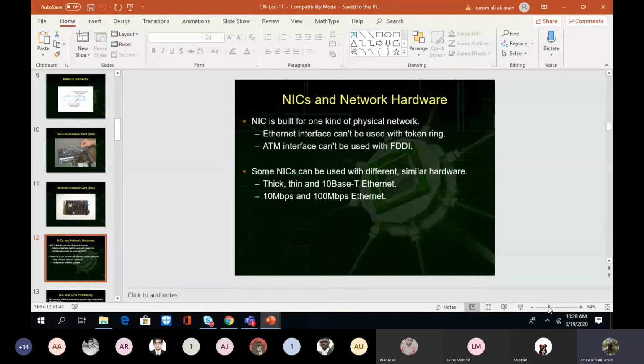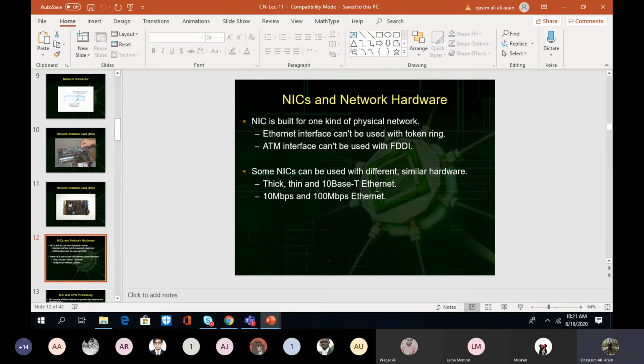So some NICs can be used with different similar hardware। Now see, we might have few NICs which might be used for different but similar hardware। Now what are these different and similar hardwares? We might have thicknet, thinnet and 10 base T Ethernet। Now see, these are the three different NICs which are being used for the similar hardware। अब ये क्या है? I would be telling you, I mean thicknet is for the hard coaxial cable, thinnet is for the smaller coaxial cable and 10 base T is for the UTP and STP cable।